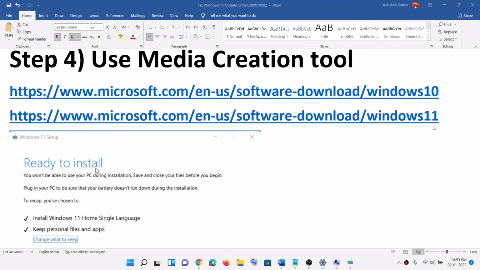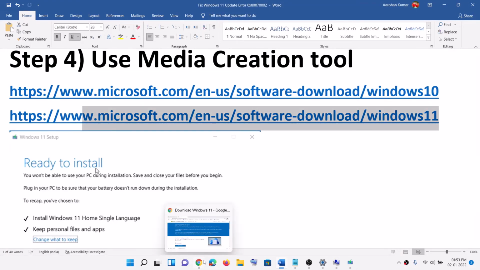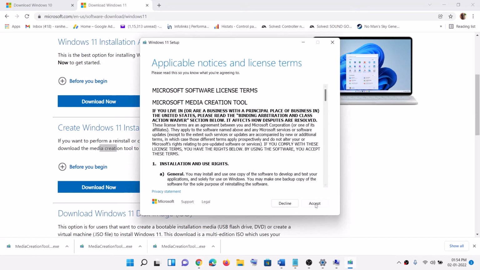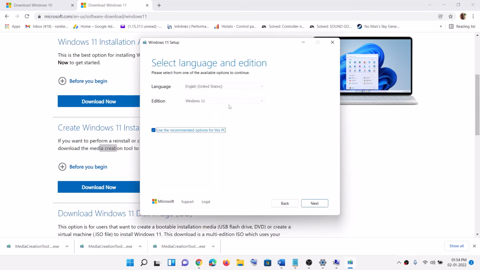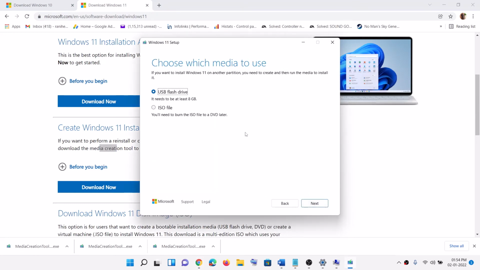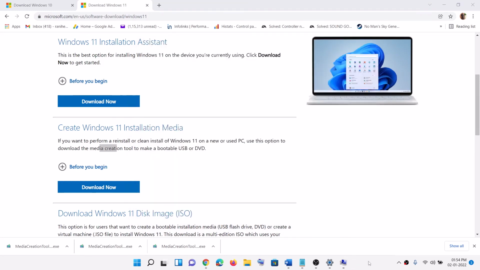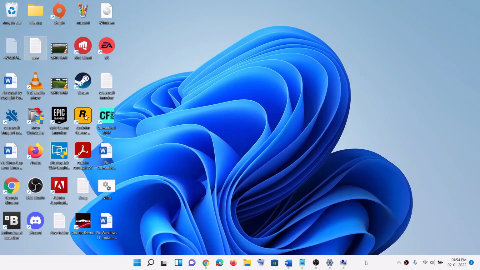Now if you have Windows 11, then copy this link and then over here you can see media creation tool. Click on download now and then run this exe file. Then you will see this screen. Click on accept and then by default Windows 11 would be selected. Click on next and select ISO file, then click on next. Now save it to desktop. Select desktop over here and then click on save. Now once the download is complete, go to desktop. Over here you can see Windows ISO file. Make a double click